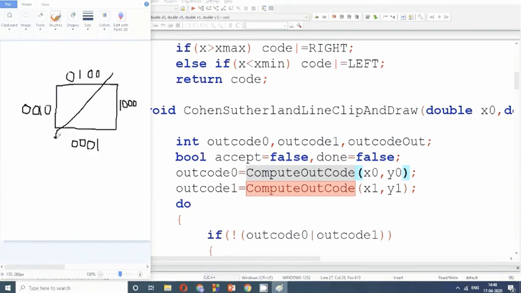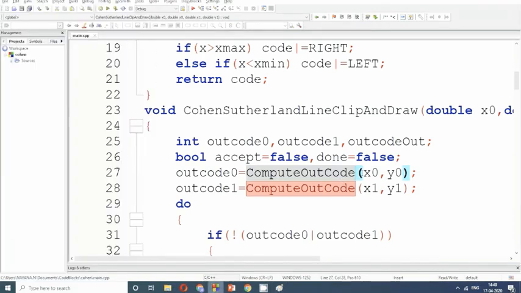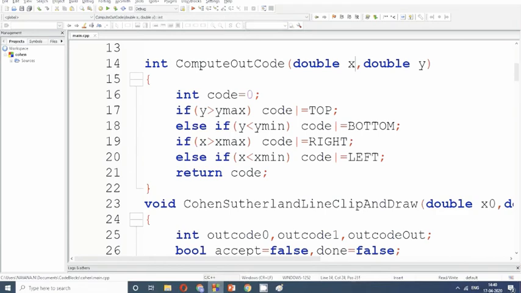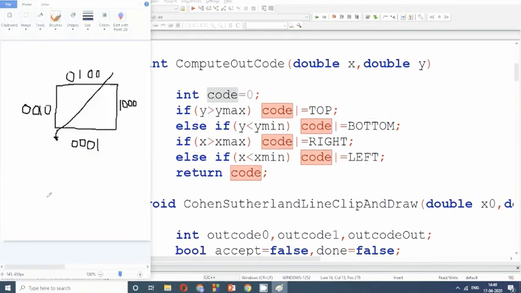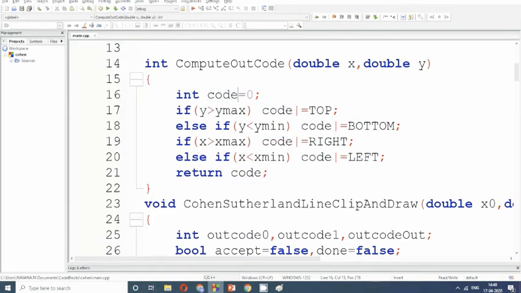So we will calculate, let us say our line is this, x0 and y0 is what I have passed. The x0 and y0 values are copied into x and y in this compute outcode function. Now there is a variable called code. This code is initialized to 0. Initial value of code is 0.